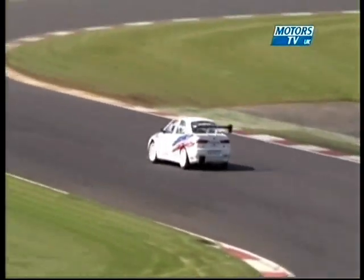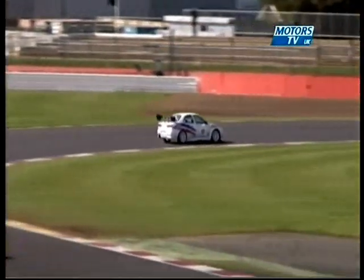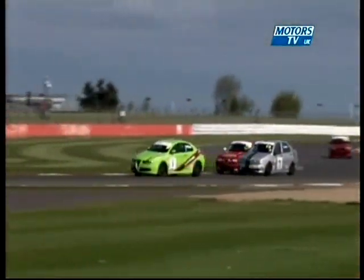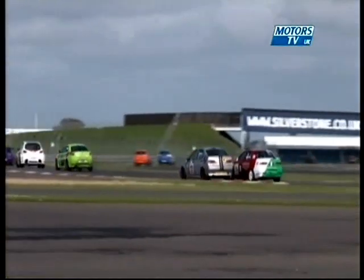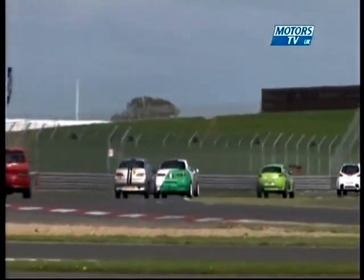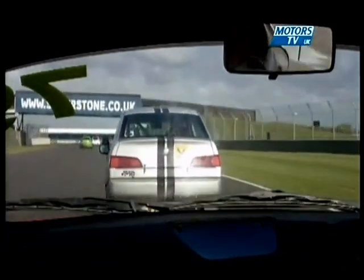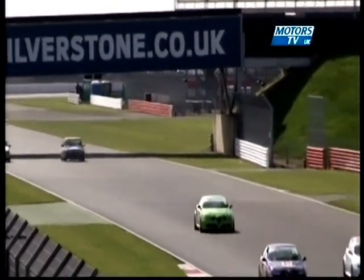But Anthony George still on his way, and this superb run, best lap time in Class A, 65 seconds, just over 90 miles an hour. Andy Robinson's best lap time, a couple of seconds away from that, as we go back to the battle between Matthew Flynn and David Messenger. Flynn in the silver car, on board with Messenger. What's he going to do? Inside line or outside? If he's going to effect a pass, he'd have to go down the inside. That's at the moment